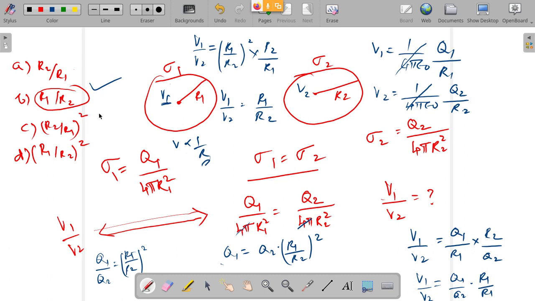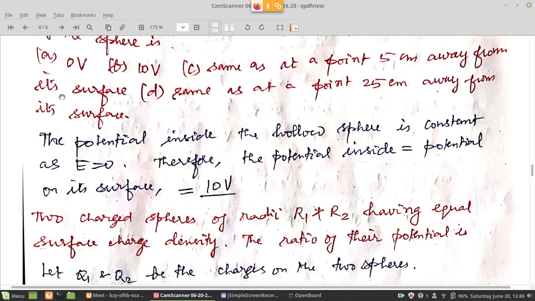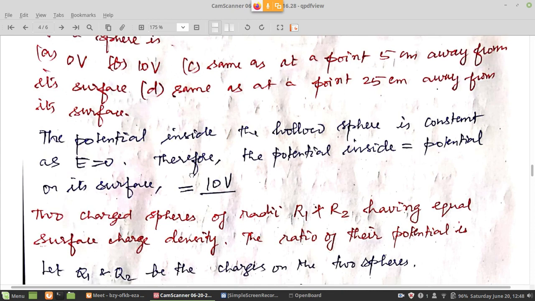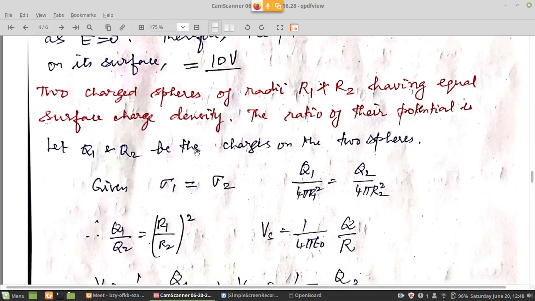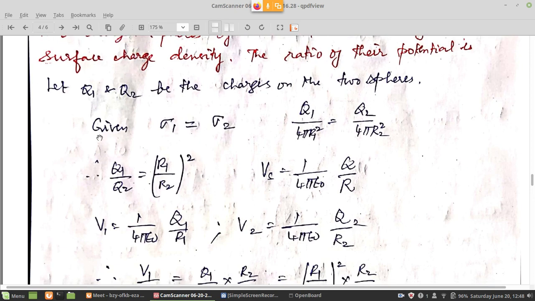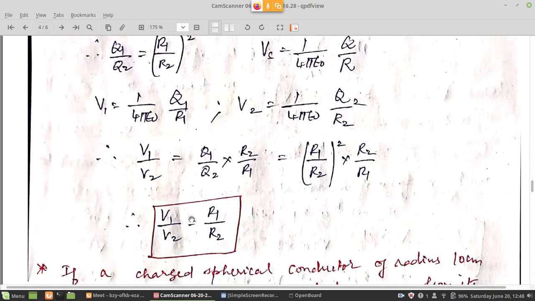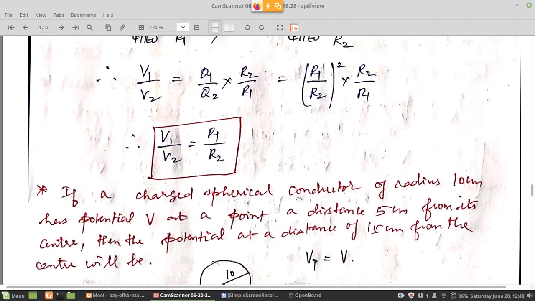But if you want to go by the procedural route and don't want to apply any tricks, because you feel you will undergo some risk, you will spend about 3 minutes and still arrive at the same answer. So the only thing here is intuition. If your intuition is working, you will definitely get that answer straight away, because potential always goes as 1 by R. Whether it is a charged sphere or any other object, you can intuitively select that. Otherwise you will work out the route and then get the same answer. Either way it is okay, no problem.